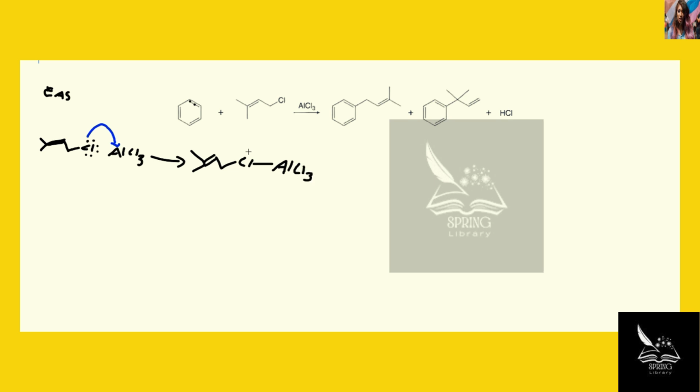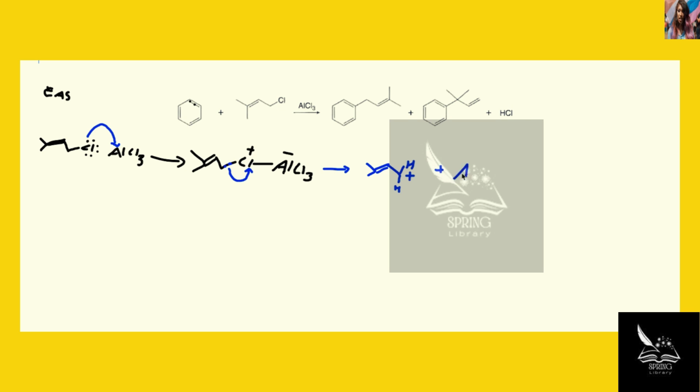And now the chlorine lost 2 electrons, so it's going to have a positive charge. Aluminum gained 2 electrons, so it's going to have a negative charge. And what you have here is now some sort of intermediate structure in which chlorine has a positive charge, but that's not very happy, and aluminum has a negative charge, and it's not very happy about that. So chlorine will pick up 2 electrons from the sigma bond to now form your carbocation electrophile, which is now a primary carbocation,